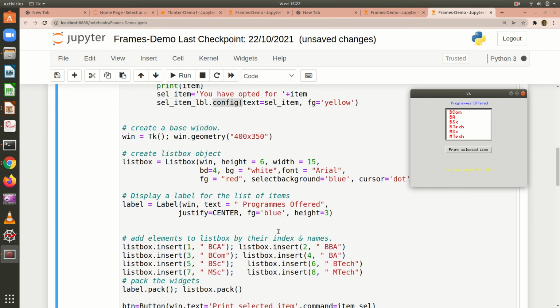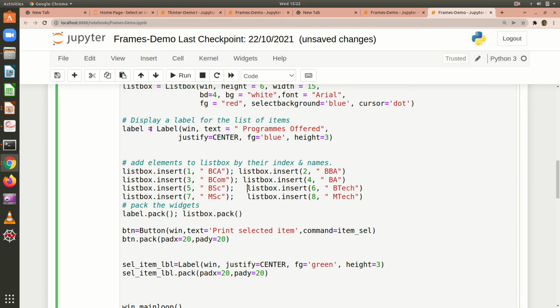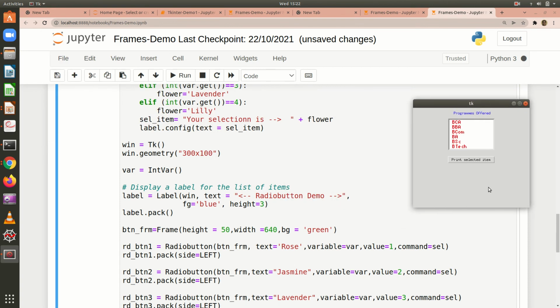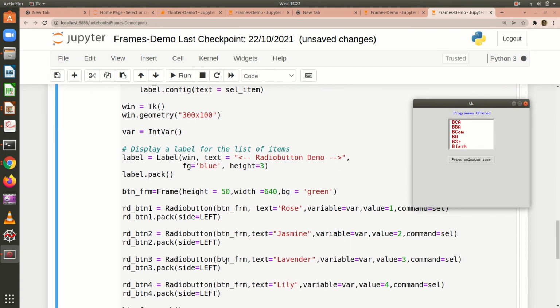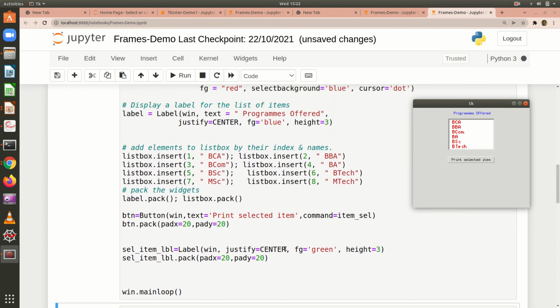So initially I set the foreground color as green, right? But since I don't have any text, it is not showing any text during the initial execution. If you want, I'll run it again. When I run it initially, you can see here I don't have any text, right? So this label is not at all added.